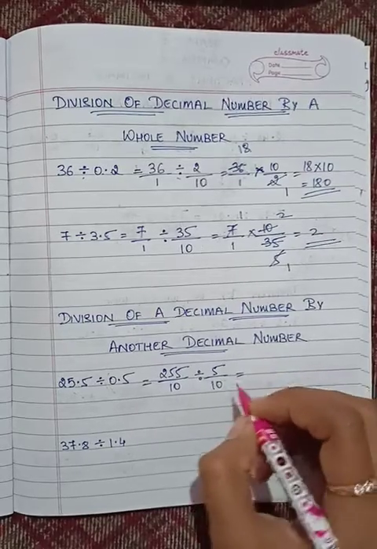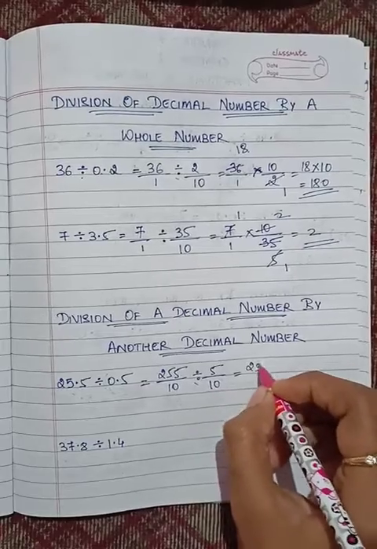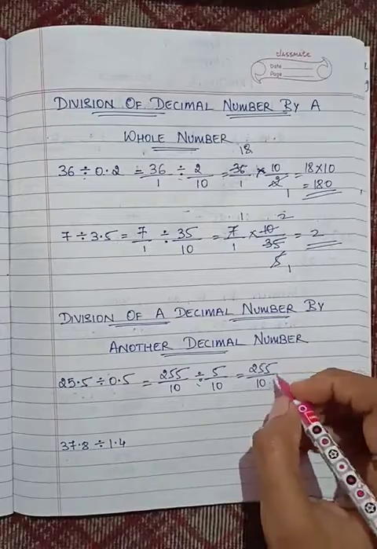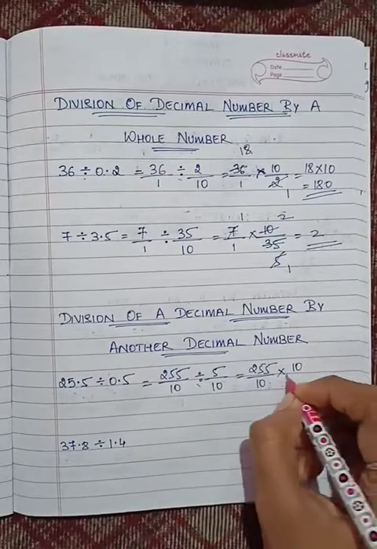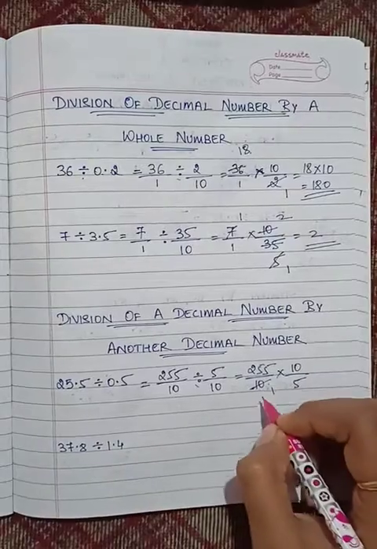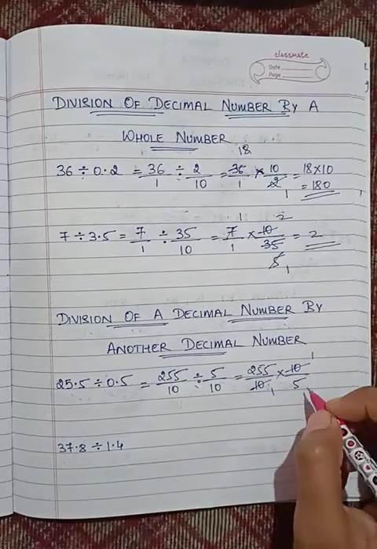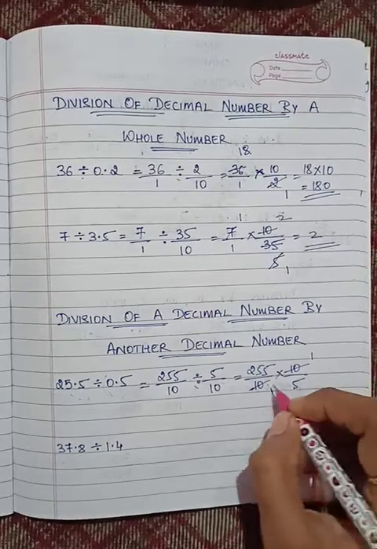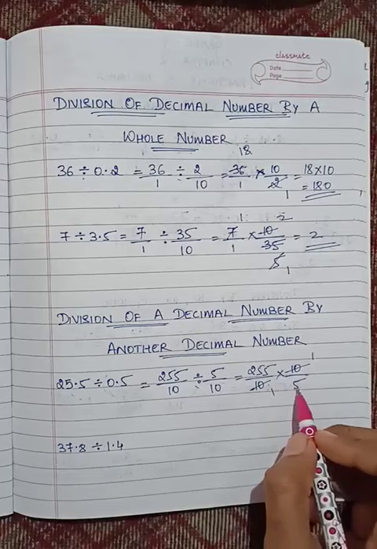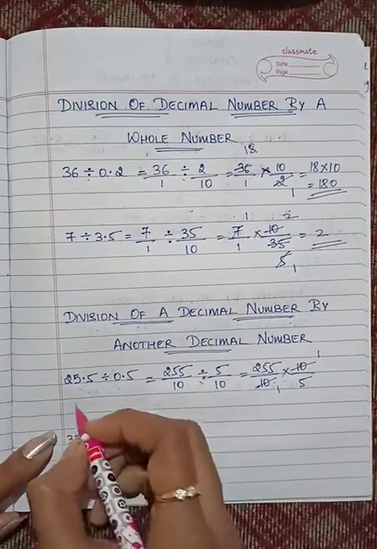I have to convert this division symbol into multiplication again. So I keep the first fraction as it is and I reciprocate the second fraction. Yes, I can do the cross multiplication here. 10 ones are 10, 10 ones are 10, and since the numbers both end by 5, so I can try it out for dividing. I'm doing the rough work here.